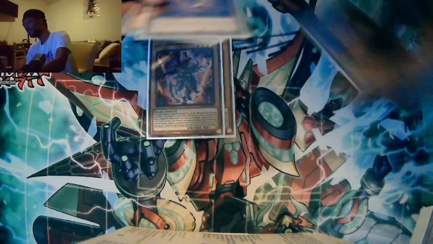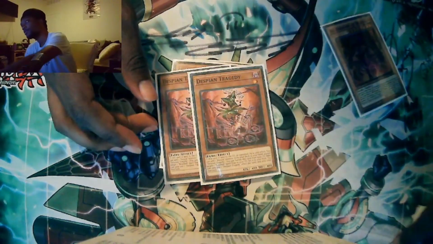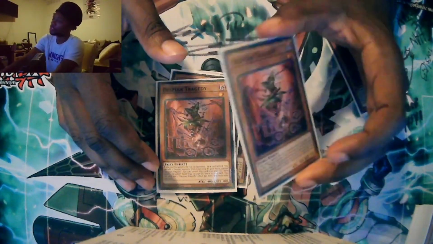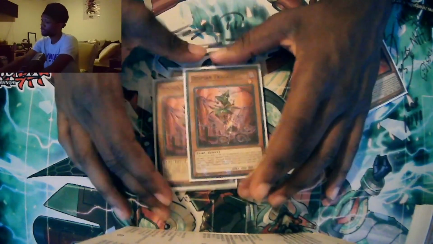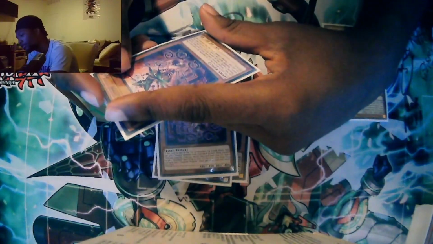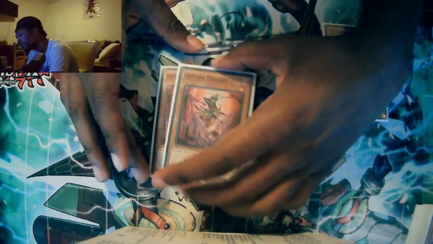And Tragedy, double Tragedy, because 2 is really all you need, honestly, especially with my list right here. So Tragedy lets you add, when it's sent to the graveyard or banished by a card effect, you can go ahead. Actually, it's just sent at all. It doesn't even have to be a card. No, it has to be a card effect, yeah. If it's sent by a card effect, we'll go ahead and